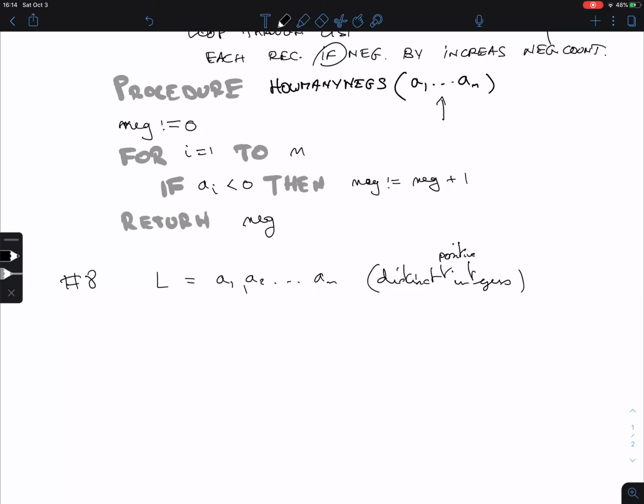So I'm going to keep track of what I think is the maximum. And so each time I loop through the list, I compare the element in the list that I'm currently working with to the maximum that I currently have. And if the new element is bigger and even, then I make that the new location. I call that the new location. Okay, so